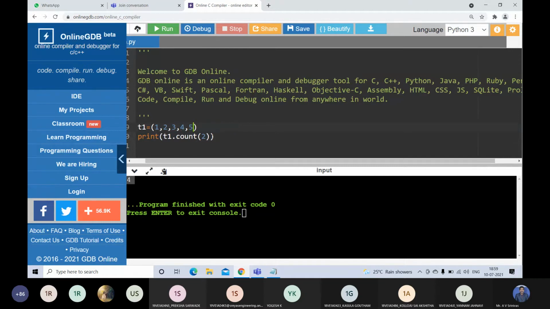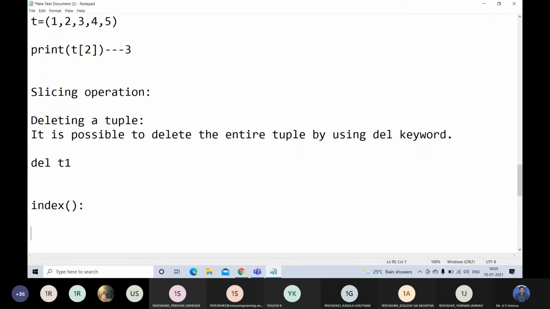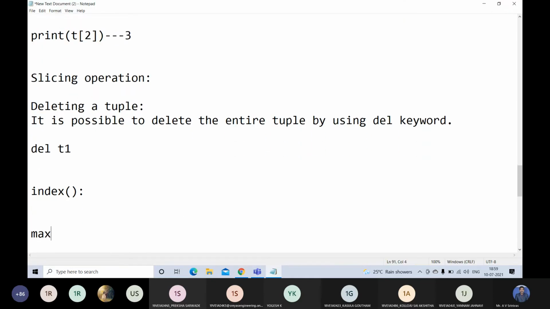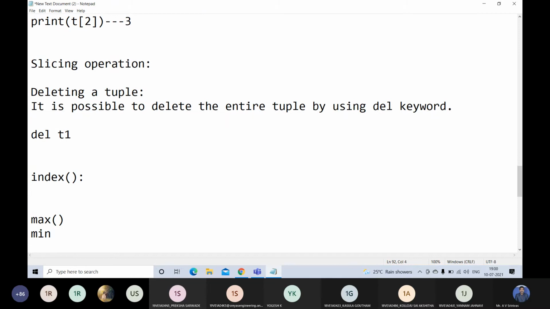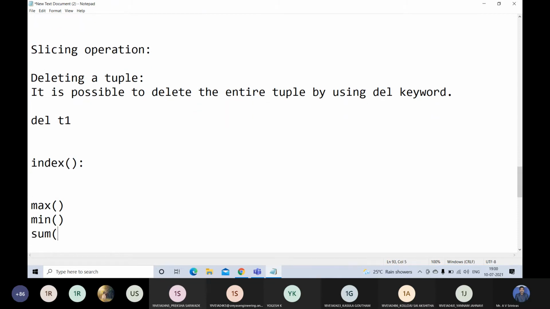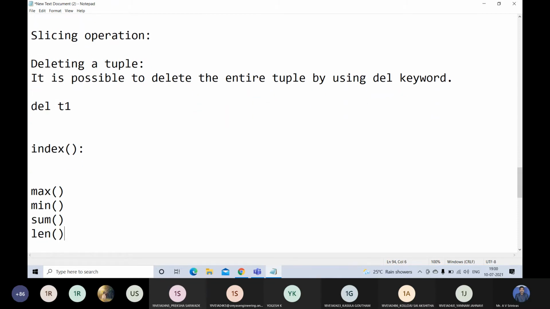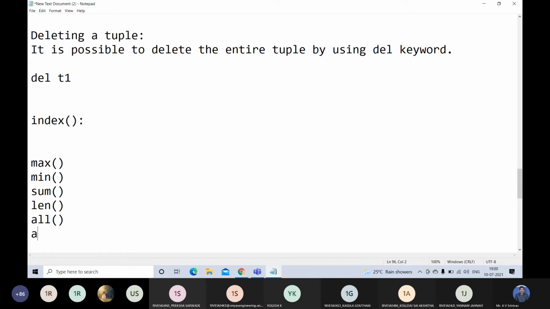Hello. And as I told you in lists, the built-in functions like max and min, sum, length, all and any. These 6 functions are available in almost all data structures.